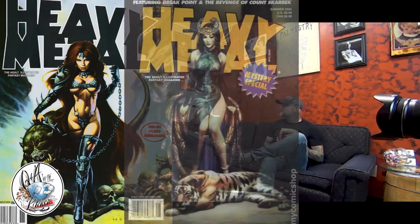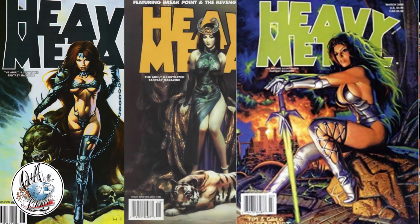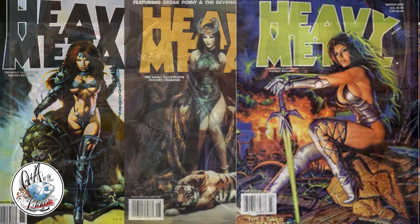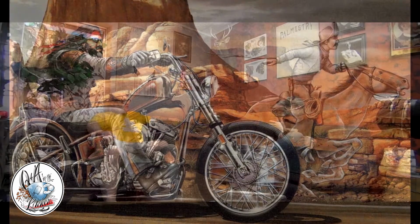Like Boris Vallejo and all those guys, the real hyper but photorealistic light line, not as illustrated looking, more realistic. That style was huge, not only in tattooing, but in art, and of course tattoos reflect art, and now art reflects tattoos. Oil and airbrushing, I think, is what he did a lot of. Right. Yeah. Which kind of goes back to pin art or pinup art, which was done basically in the same way. Right. And then of course we get into black and gray, which is more of a